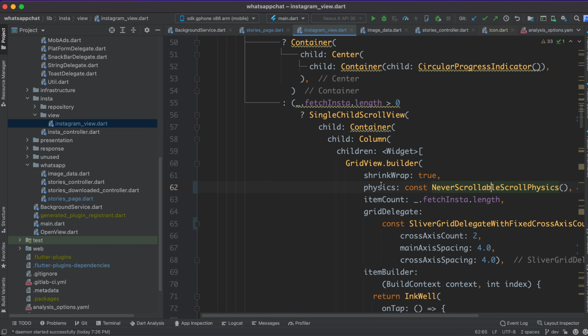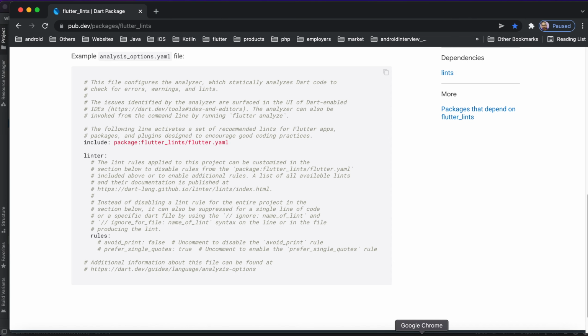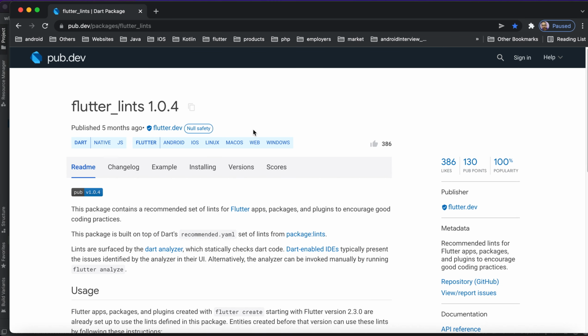I hope you learned something from this package. If you search here, there are different types of packages for using lint. I went through different ones, but I found that this is the best one, and its popularity is 100.